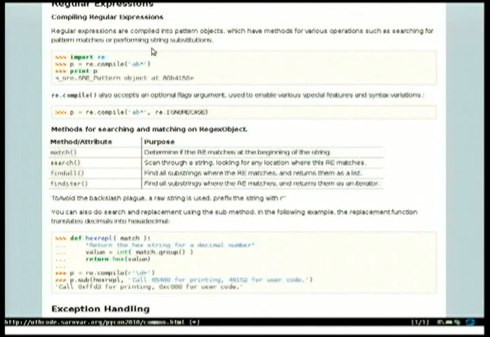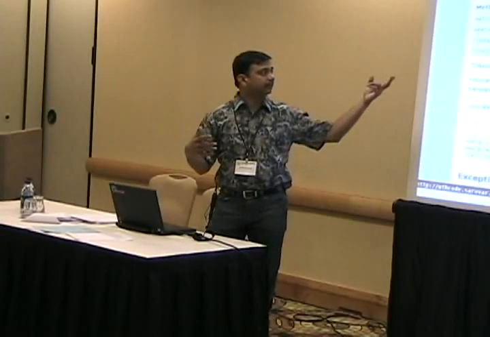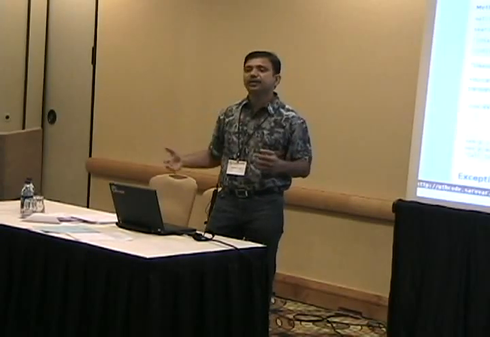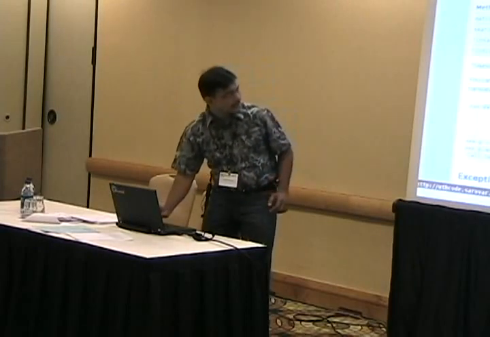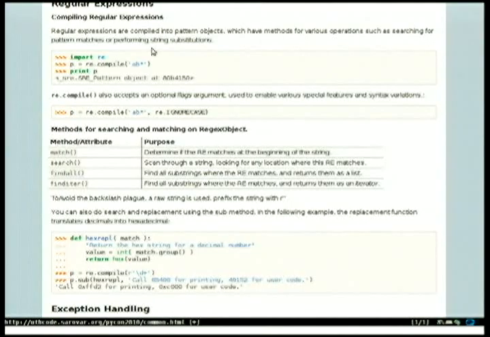Search will scan through the string looking for any location where this regular expression matches. Findall should find all the substrings where the regular expression matches and return them as a list. And finditer should return an iterator of all the matches, where you can iterate over the matches. Okay, there's something interesting which I want